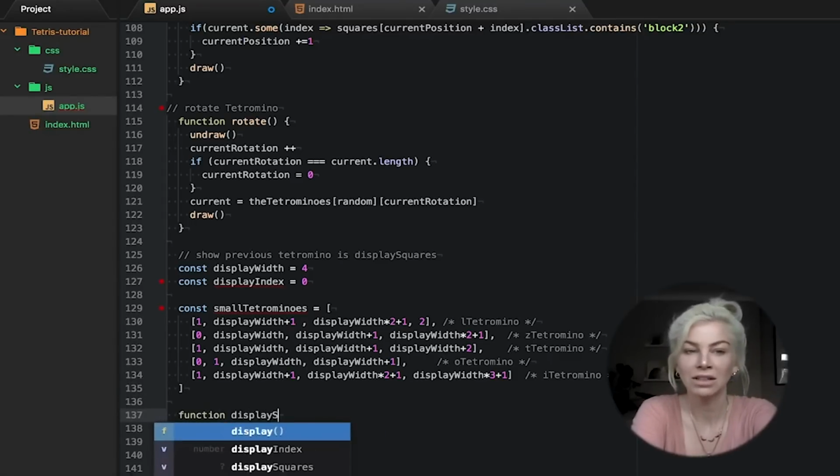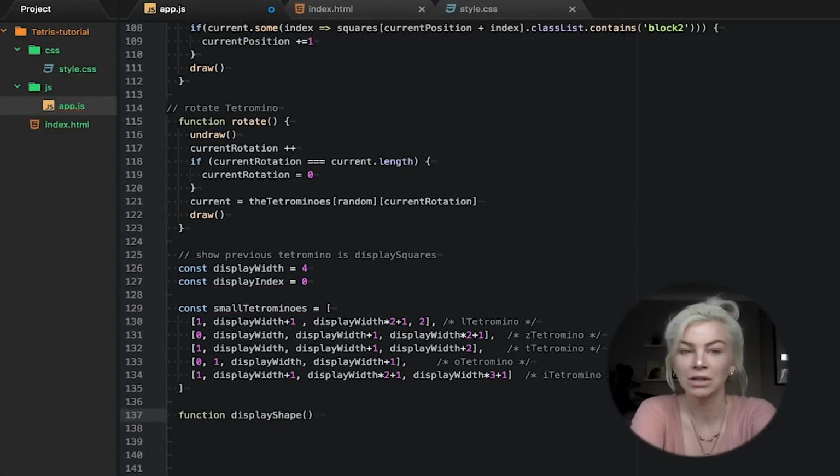And now let's write the function display shape. Again, you might be familiar with how I write this by now.